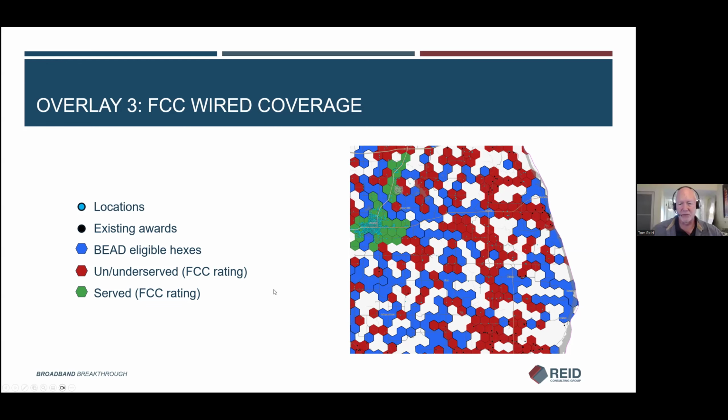And we stuck with wired service because if you look at fixed wireless, it basically erases all need. Almost all need. There are a couple of counties where there were maybe 5 or 6 locations that still showed up as having need after you've had the fixed wireless claims. There's an ongoing debate whether fixed wireless should count or not, but because it does in the state, that's why we wanted to provide this supplemental analysis to show you, if you discount the fixed wireless, this is what you're looking at: areas that don't have funding yet.